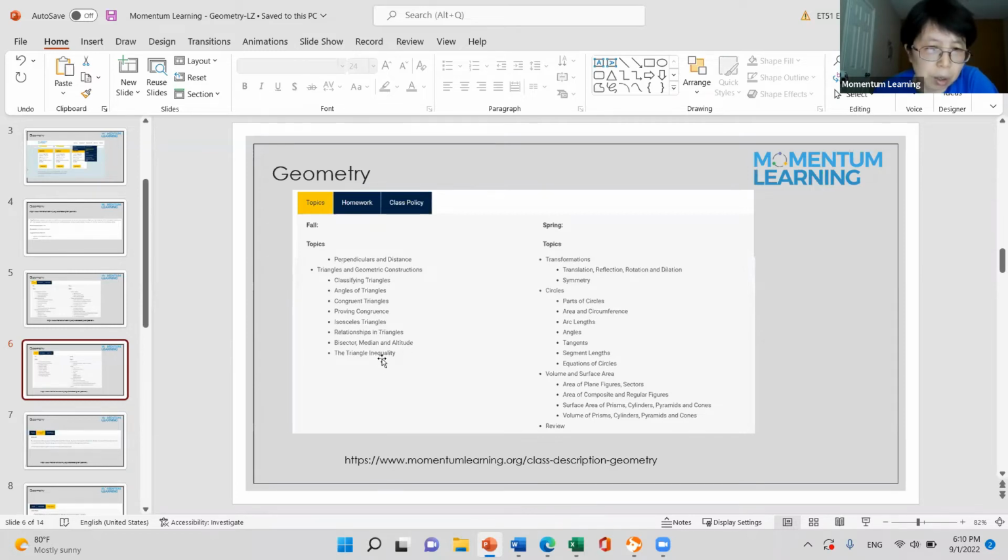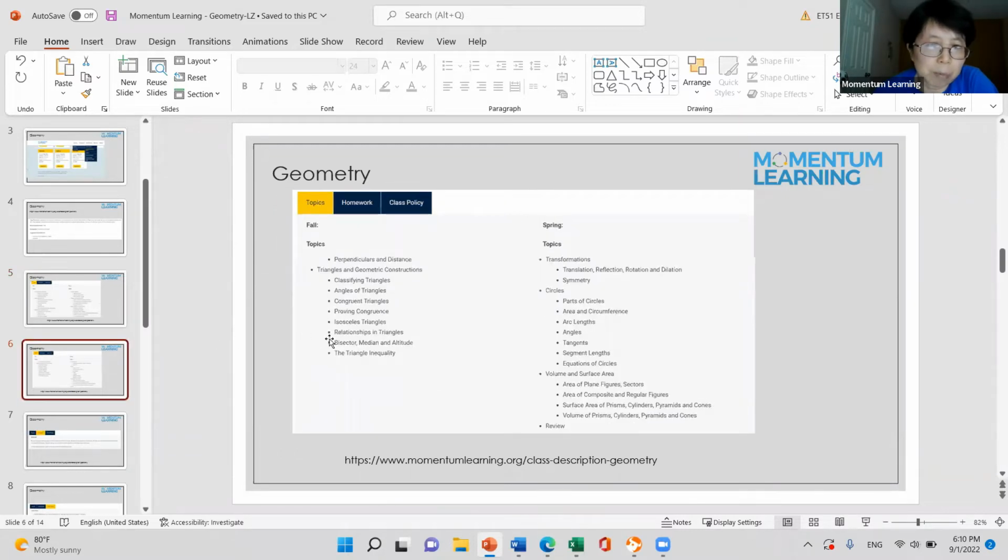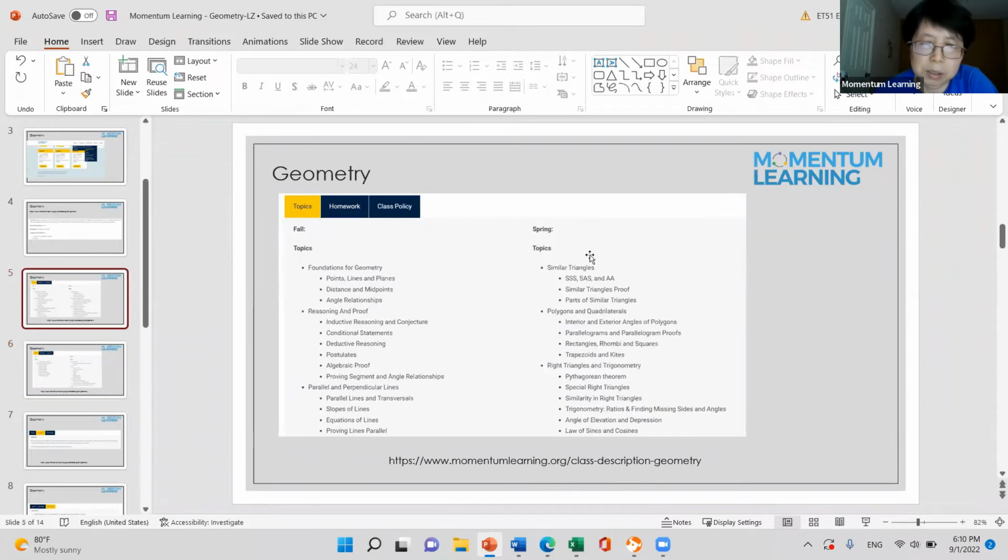And we're going to learn the difference between triangle congruencies and similarities. The students are likely very confused at this part. All right, and then we'll go back, and the spring will be the similar triangles. I probably will put the congruent triangles and the similar triangles in the same semester. I won't split them up. Okay.